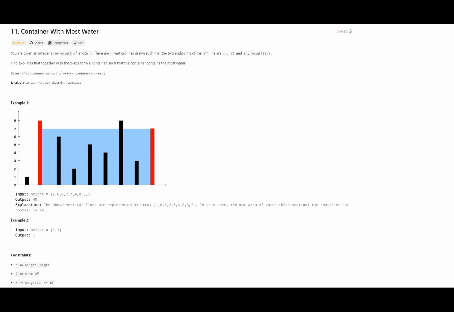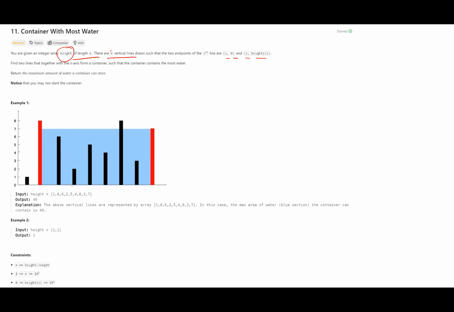So the problem description says that we are given an integer array, and the name of the array is height, and the length of the array is n. That means there are n vertical lines drawn such that the two endpoints of the ith line are (i, 0) and (i, height[i]). Okay. So say this is the line. This is the line. So the endpoints are like